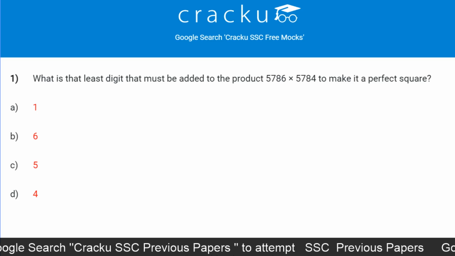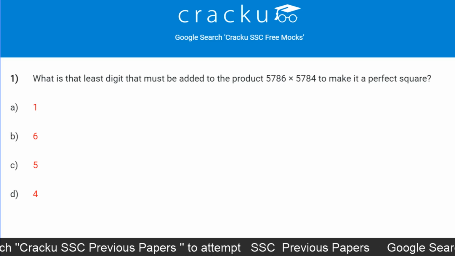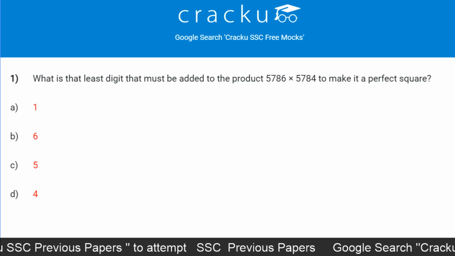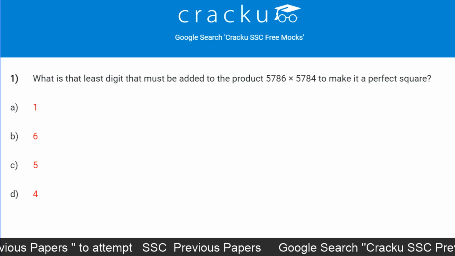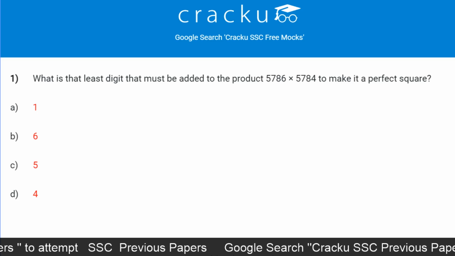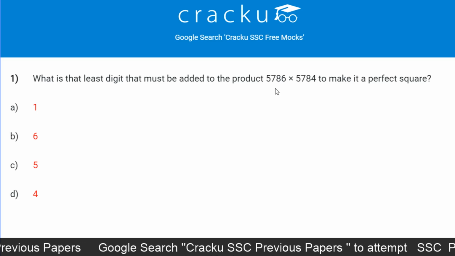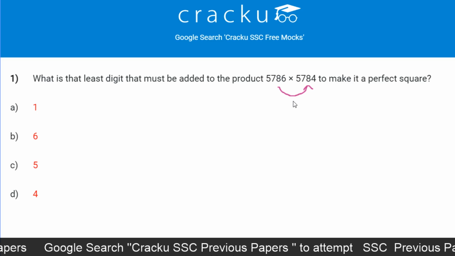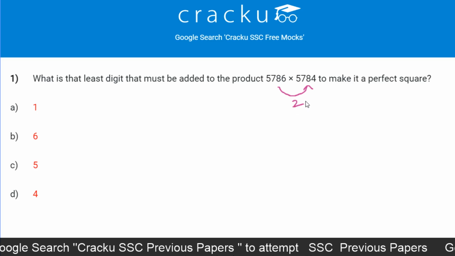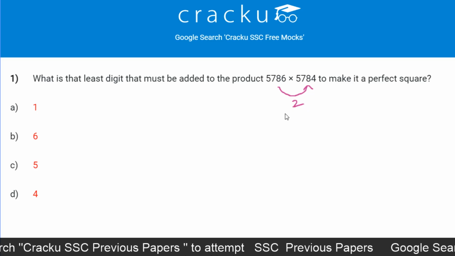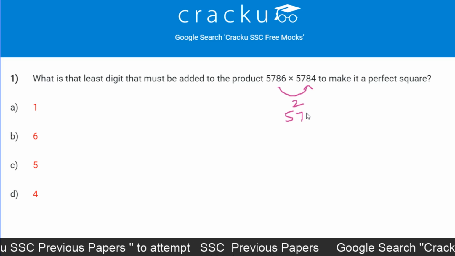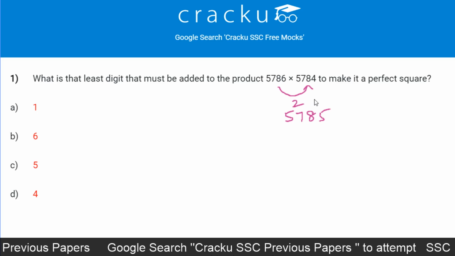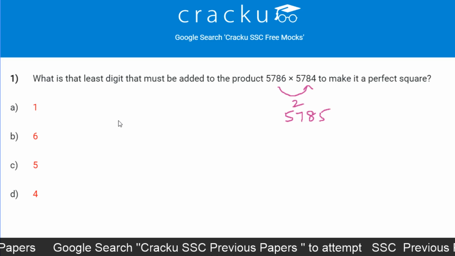What is the least digit that must be added to the product 5786 into 5784 to make it a perfect square? If you see, these two numbers are differing by 2. In between these two, there is 5785. Now this product can be expressed as